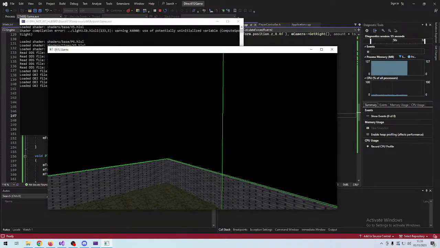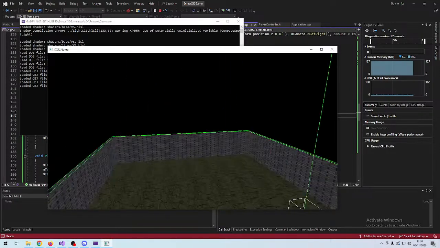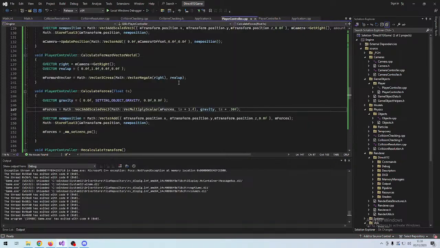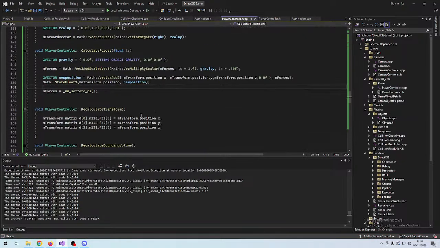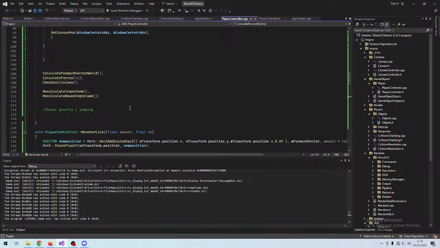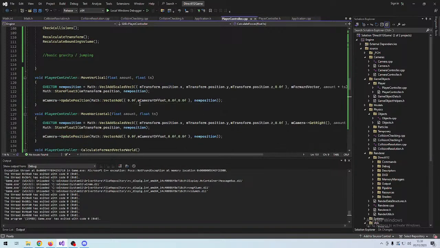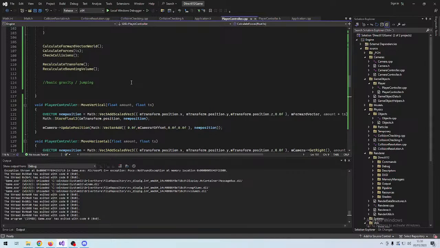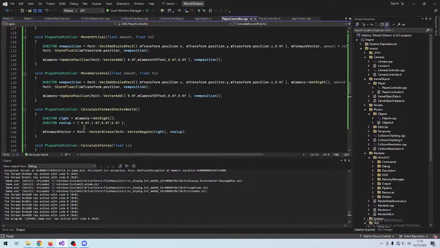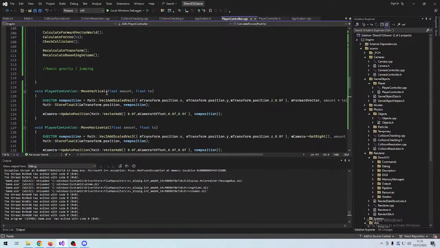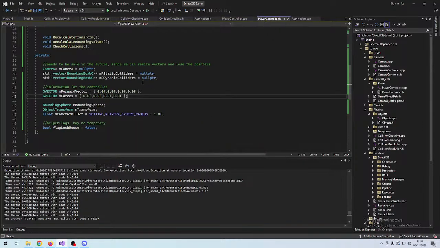We need to handle camera updating as well. All right, let's see, recalculate the transform. Yeah, we don't update the camera position. I think we will do that